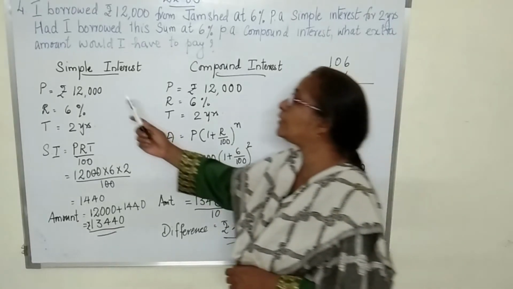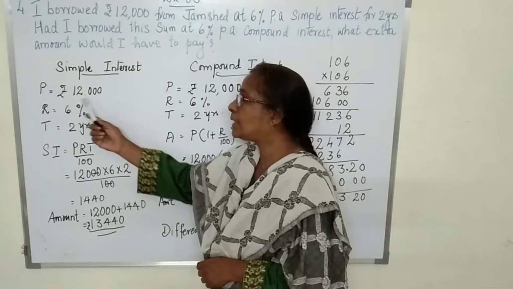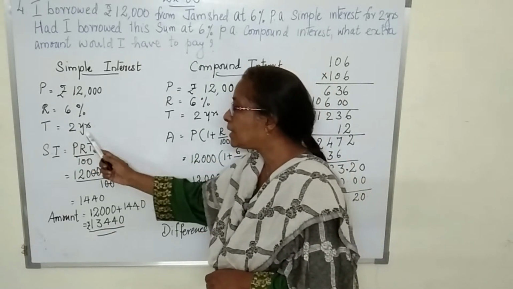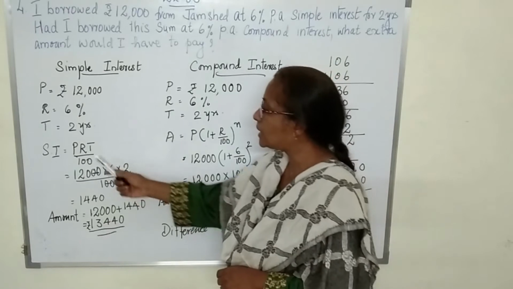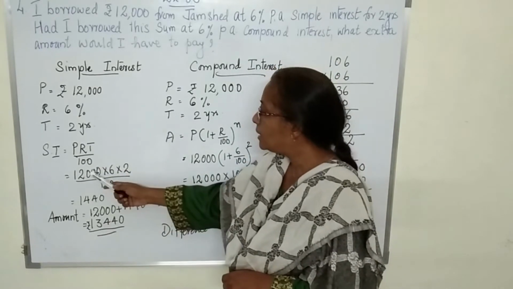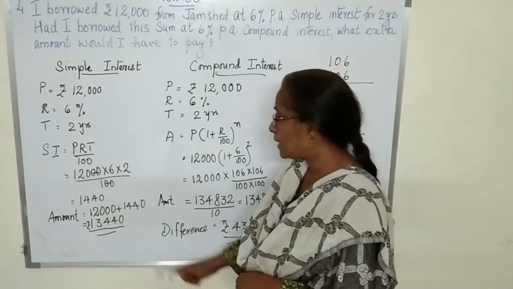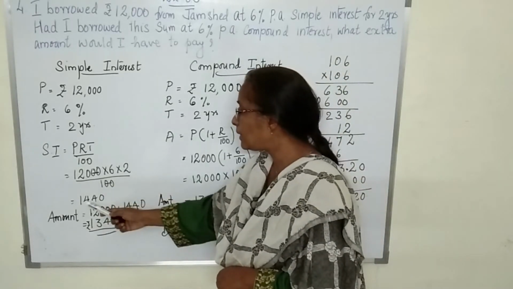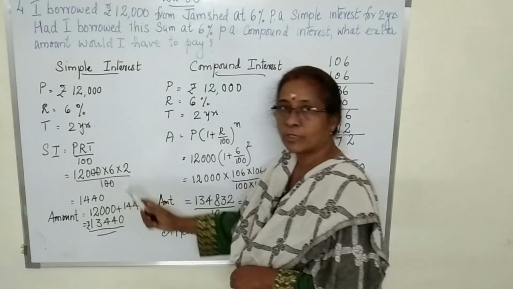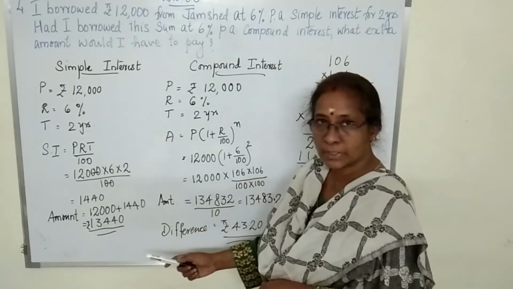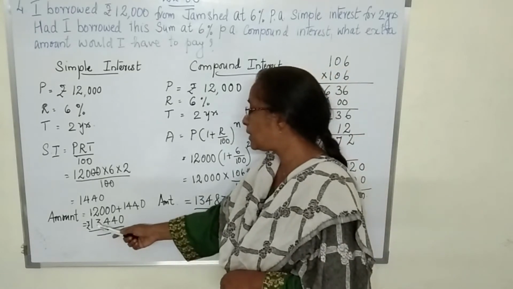So what is the simple interest? Let us see. Principal is 12,000. Rate of interest 6. Time period is 2 years. So simple interest is PRT upon 100. 12,000 multiplied by 6 multiplied by 2 upon 100. So when we multiply, we get 1,440. So the amount will be 12,000 plus 1,440, which is